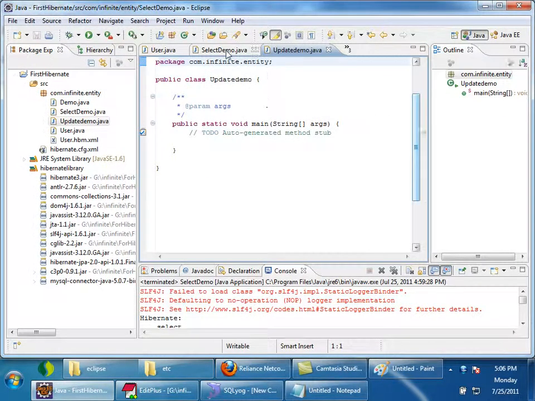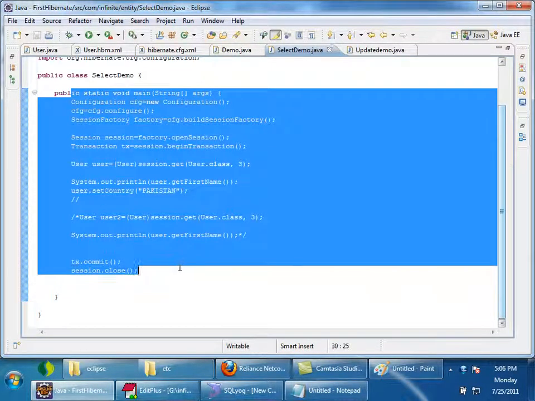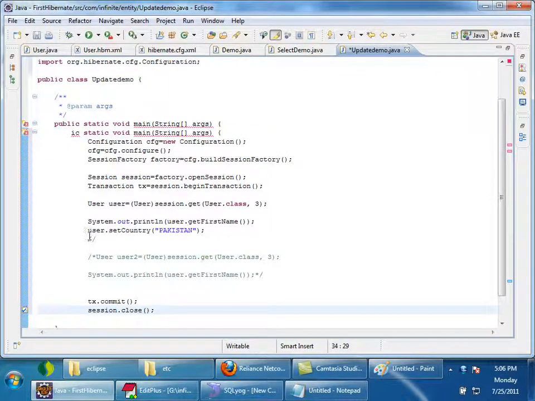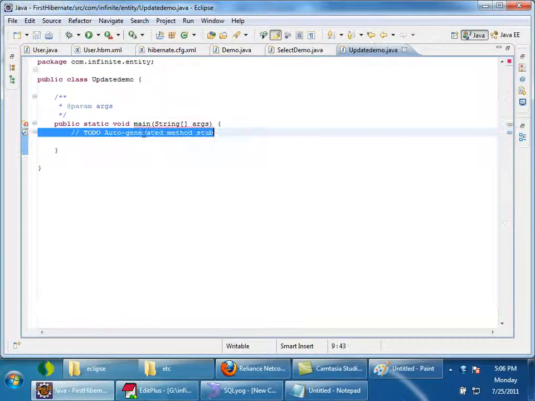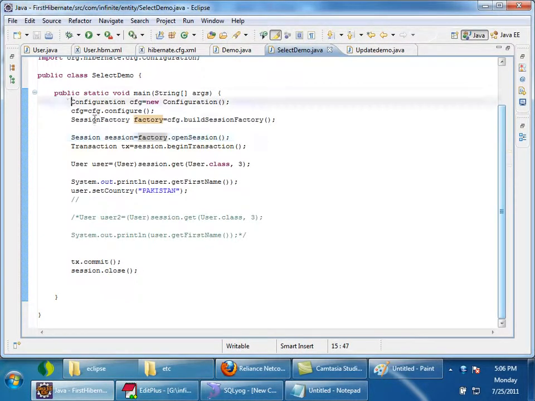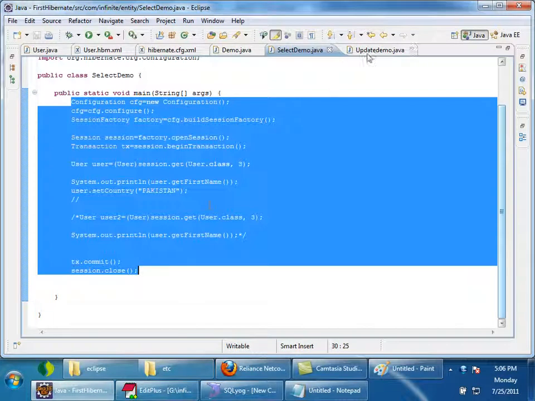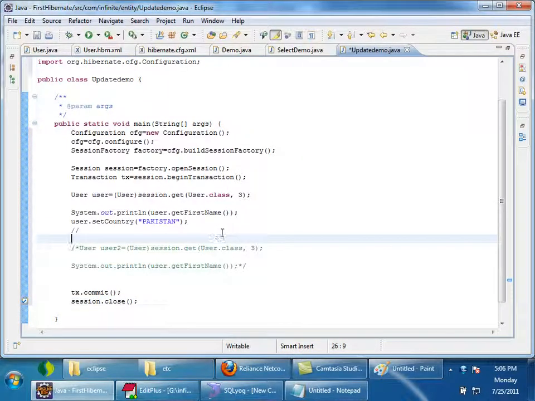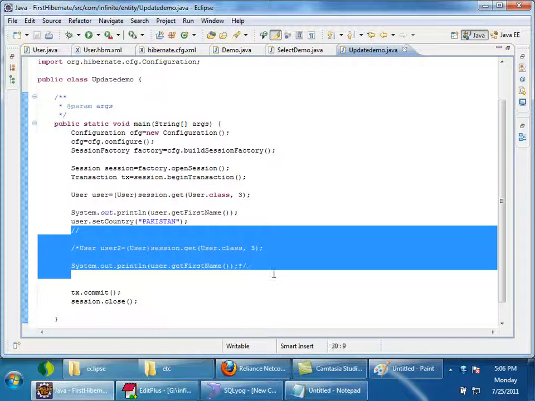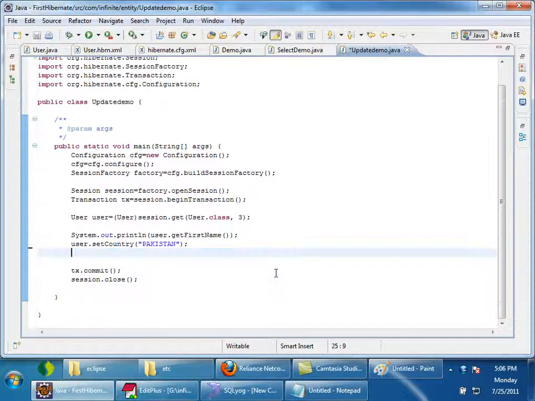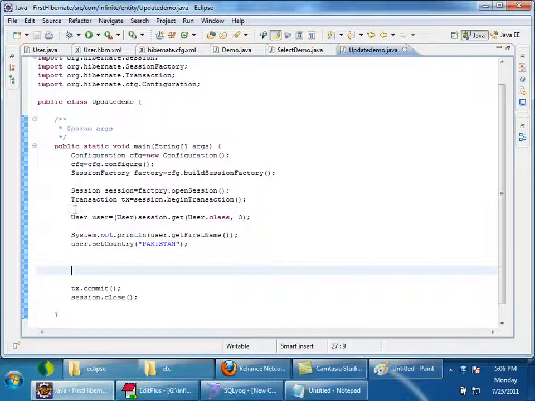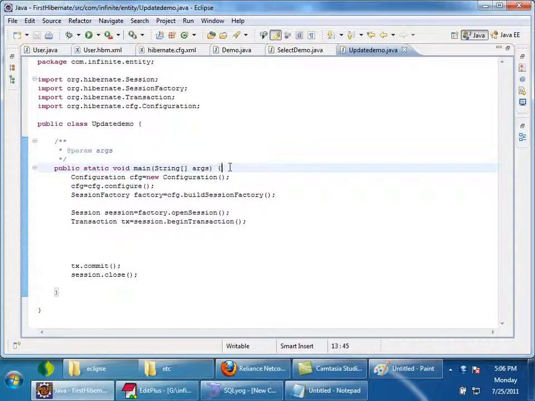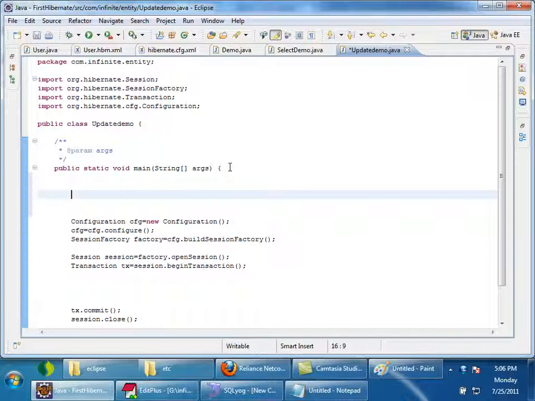And then I'll just copy paste. Here I am going to create a user object.